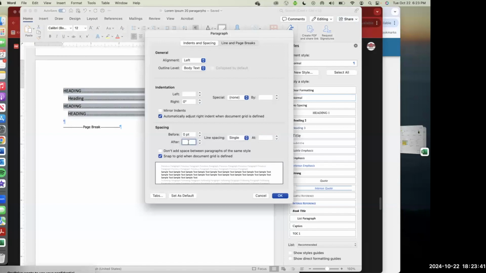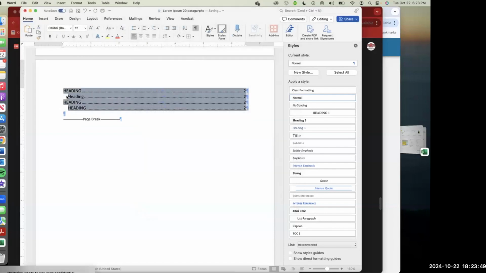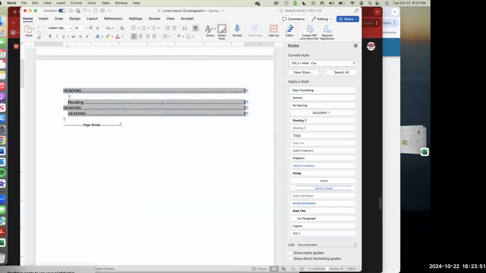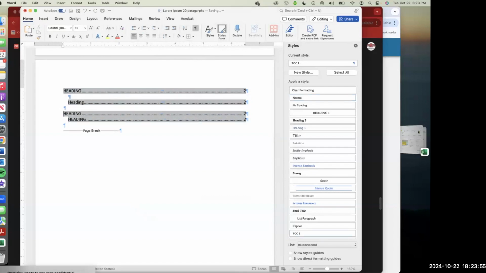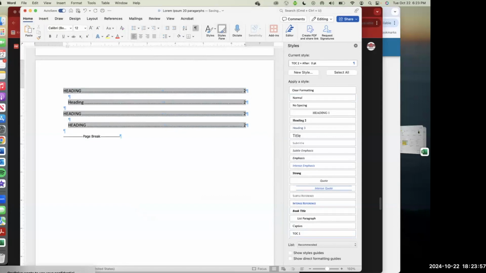So I want 0 space before and after, because right now you see it does have space, but it's not that standard double space. So I want to set that back to 0. And then I want to manually, if it isn't already, manually enter those spaces. This is why I turn off those hyperlinks, because when you start trying to manipulate this, you end up clicking and it bounces and it gets kind of frustrating. To be clear,